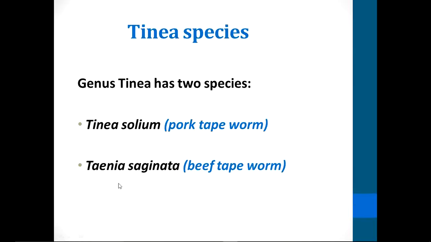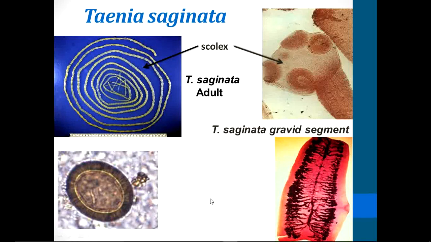So as I've mentioned before, Taenia is a genus and there are two species, Taenia solium and Taenia saginata. The alternative names are pork tapeworm in case of Taenia solium, and beef tapeworm in case of Taenia saginata, and this is related to their mode of transmission. Now, in case